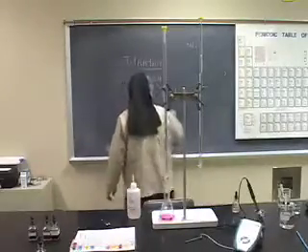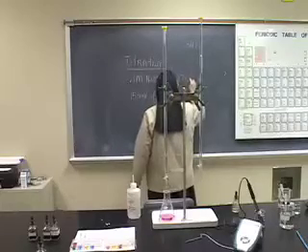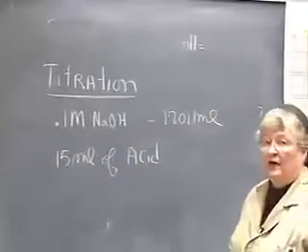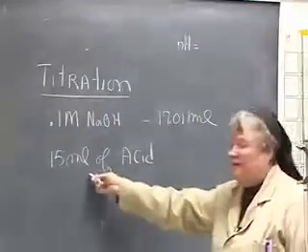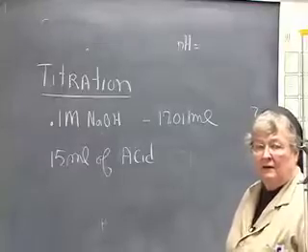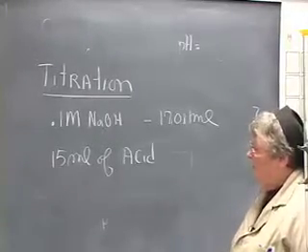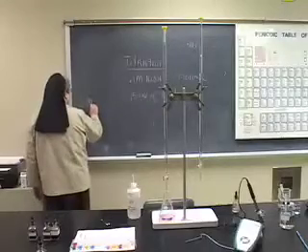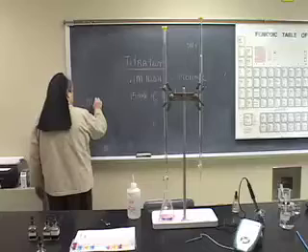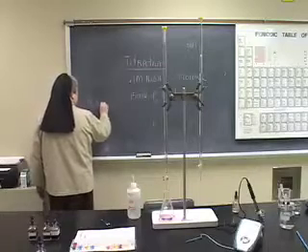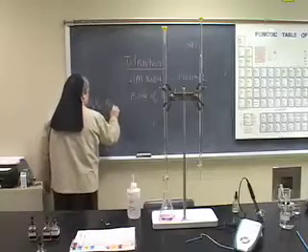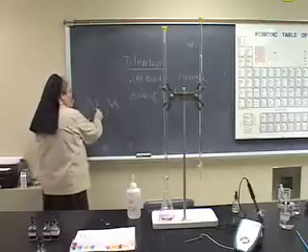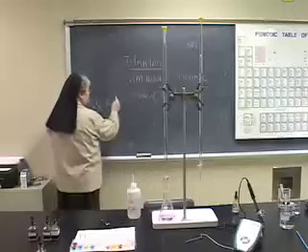milliliters. So it took 17.01 milliliters of the base, which I know the concentration of, to neutralize 15 milliliters of acid. So you can see that the acid is a little bit stronger. If I wanted to calculate this, it would be calculated this way. The molarity of the acid times the volume of acid equals the molarity of the base times the volume of base. And so since we know the volume of acid, 15 milliliters, we know the volume of base, 17 milliliters,